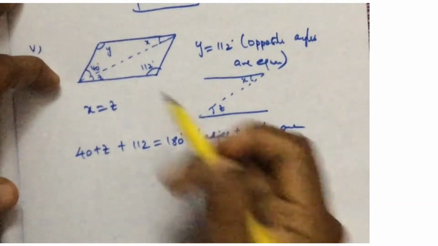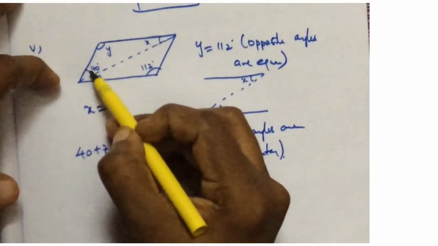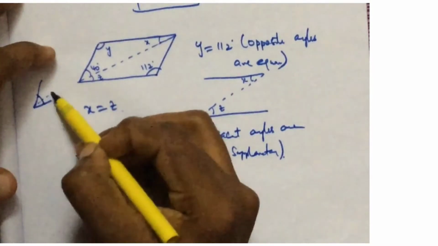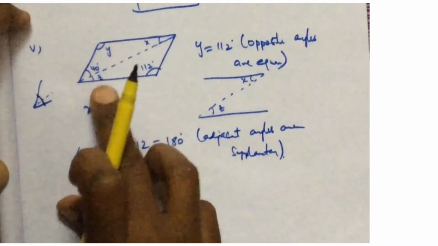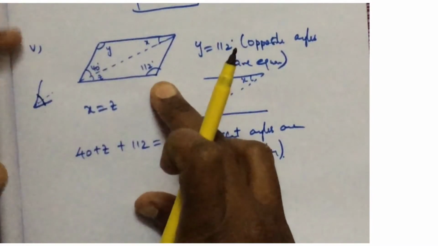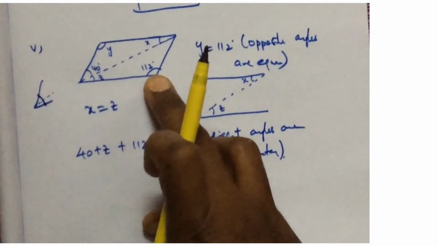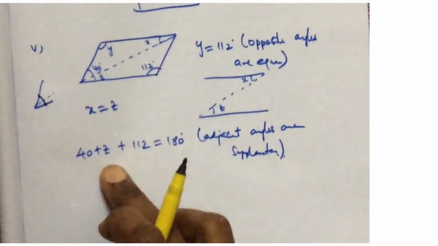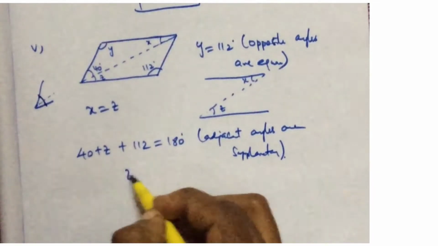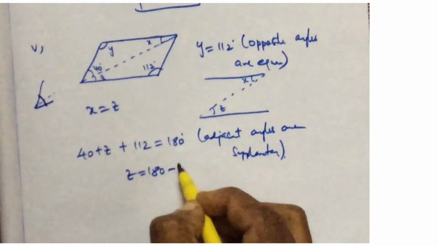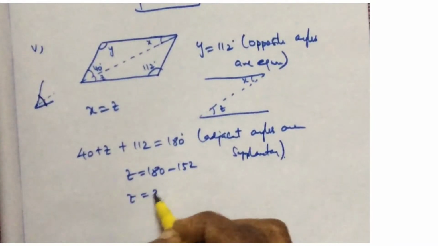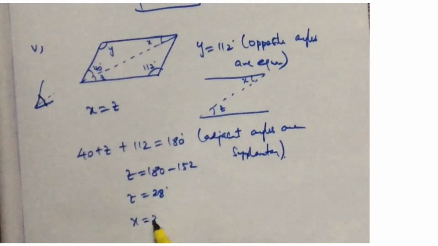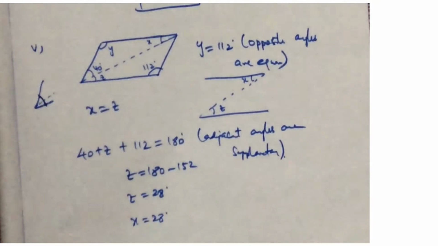Okay. So you should not separate it; you have to add this 40 plus it. This is a complete angle. Even though you split it like this, you have to take the complete angle, that plus this 112. These both are adjacent angles. When you add them, they should give 180. From this we can find what z is. So this is 152, z is 180 minus 152, which means z is 28. If z is 28, x is also 28. Okay, we got what x, y and z are.